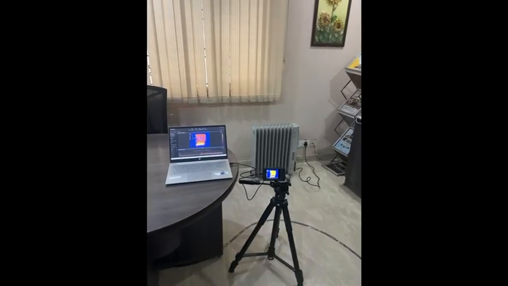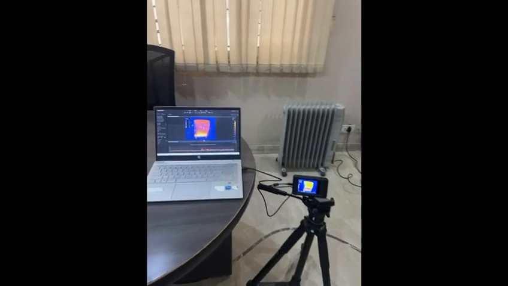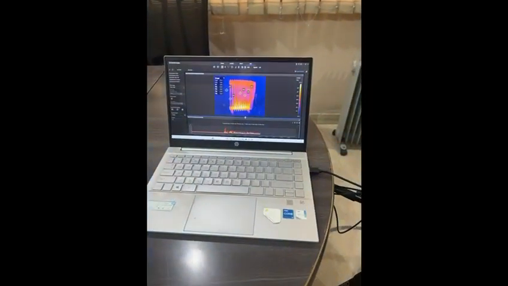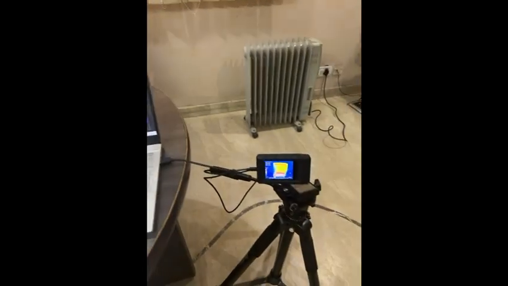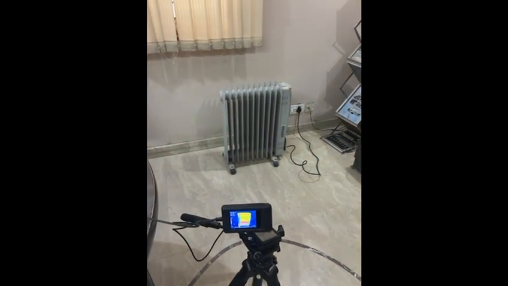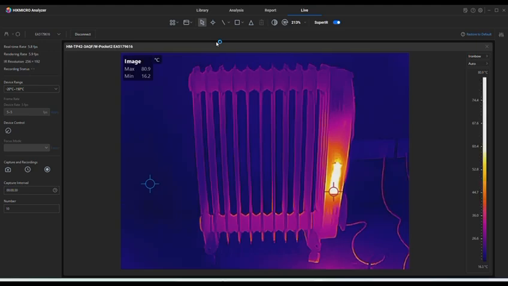For the demo of the live feature of the Analyzer software, we have set up our Pocket 2 camera on a tripod and are monitoring the temperature of a room heater. On my screen, you can see the Analyzer desktop software open to the Live tab. The thermal image that we see here is directly streaming from our Pocket 2 thermal camera that we have connected